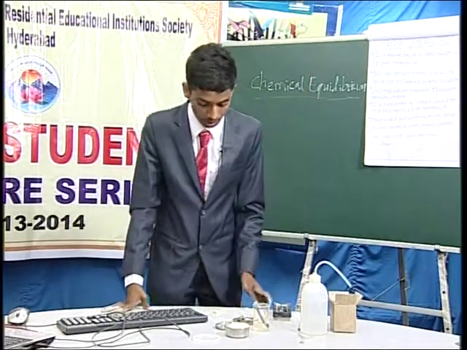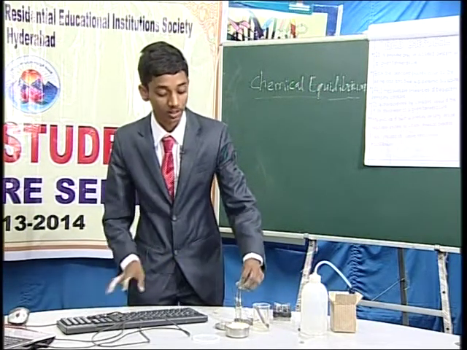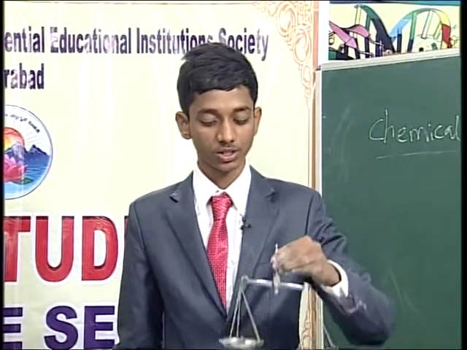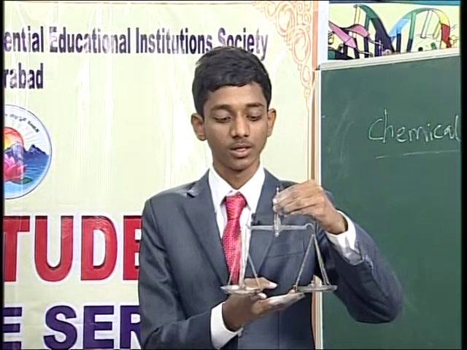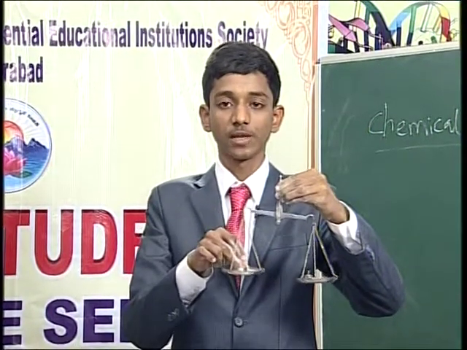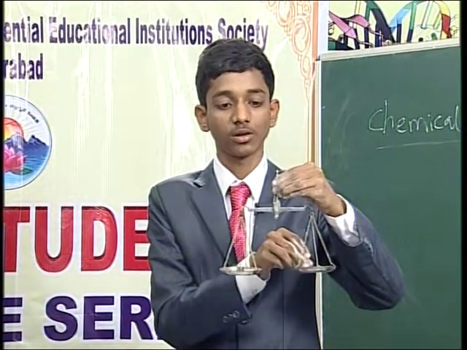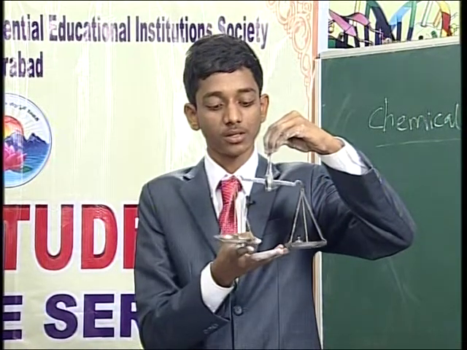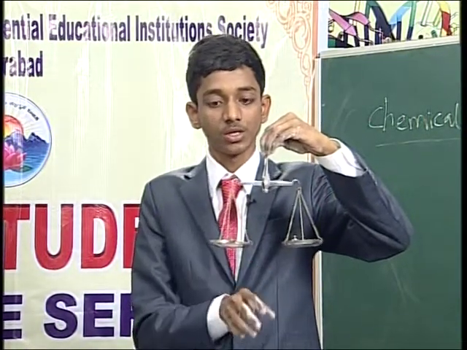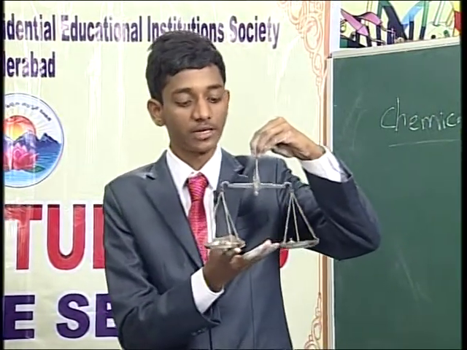Firstly, we have discussed the introduction of equilibrium, and some more examples of equilibrium which occur in our daily lives. Let us consider this as an equilibrium. We know this is a common balance. If we place 20 grams of weight in one pan and 20 grams of weight in another pan, what you will observe is both the pans are at an equal state, which means this is at the equilibrium position.